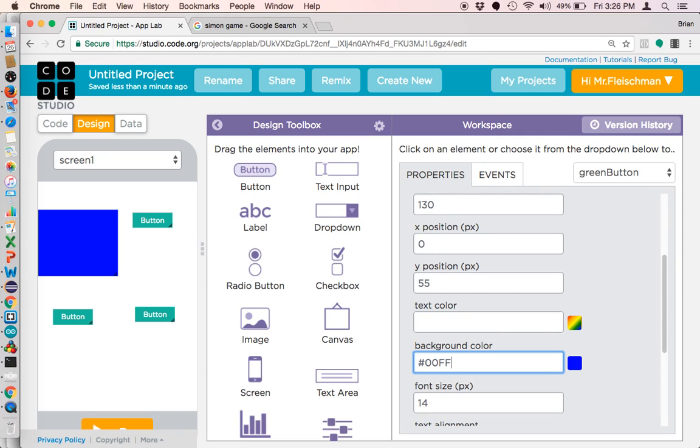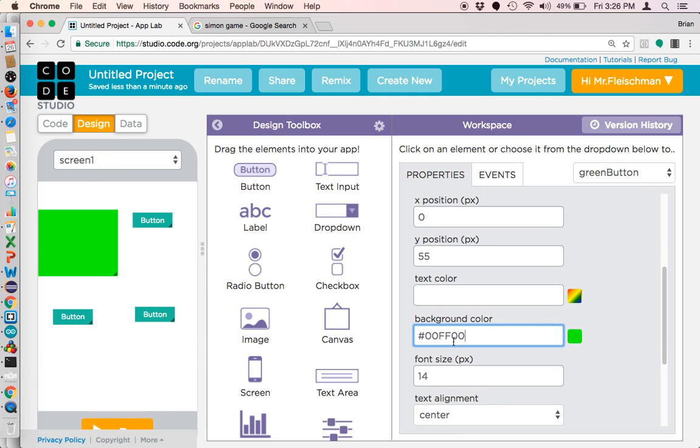RGB. Oops. There you go. So now I have a really, really bright green button. Okay. I don't want it quite so bright, so I'm actually going to back it off to how about 9.9 here. Okay. So now it's kind of dark green, and then when it gets lit up, it'll be like that,